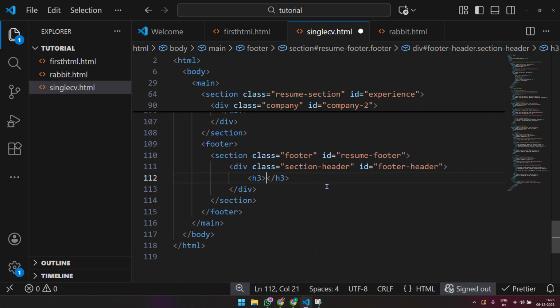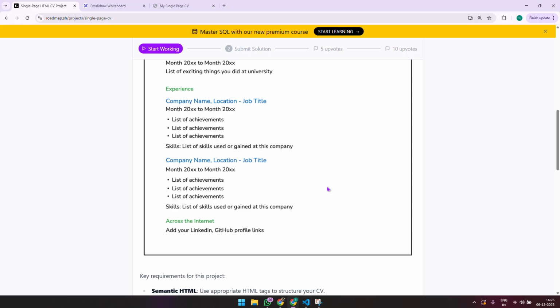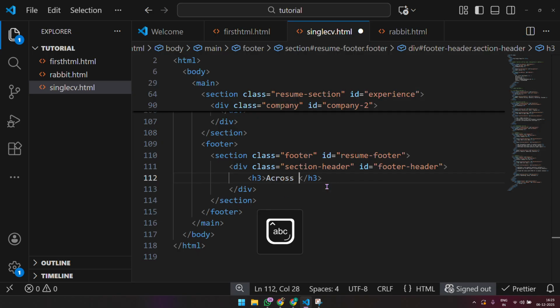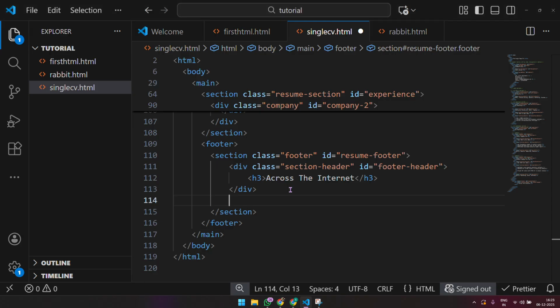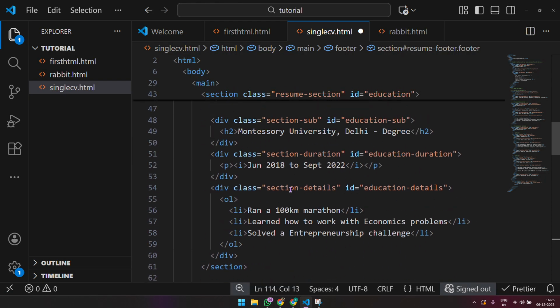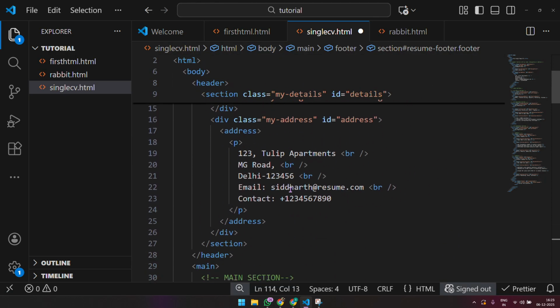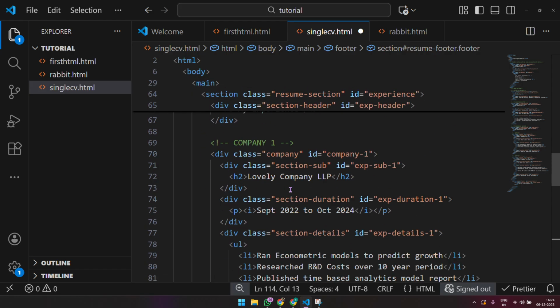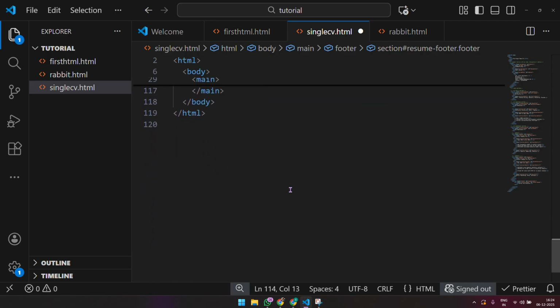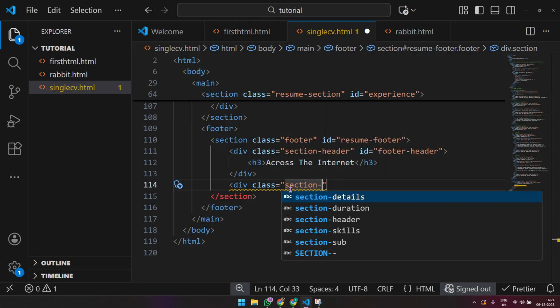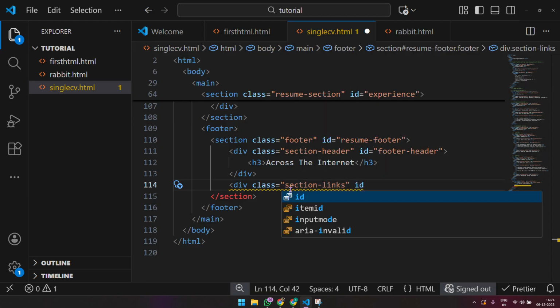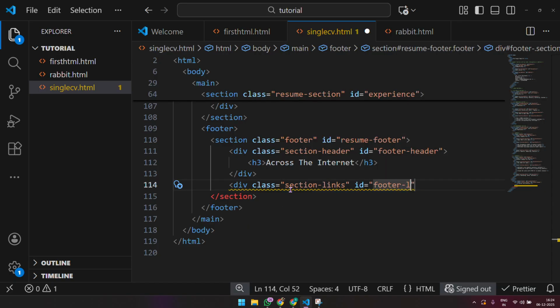So this was an h3, and we'll call it across the internet. And then we have some profile links, so we'll call it section links. So div class equals section links, ID is equal to footer links,